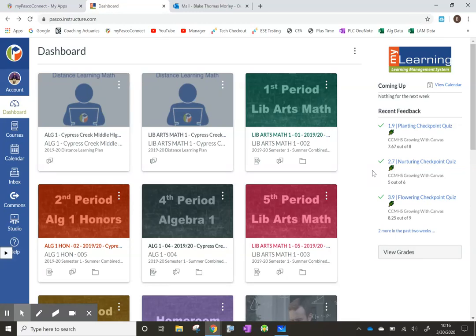I know this is a whole new experience, this online learning stuff, but I want to go ahead and give you some tips and tricks and walk you through the first section of your first module. So, this is my dashboard, and on my dashboard is my Algebra 1 distance learning math. I moved mine to the top just so it'd be easier to access. We're not going into any of these other courses that we have. We're just going to go on to distance learning math